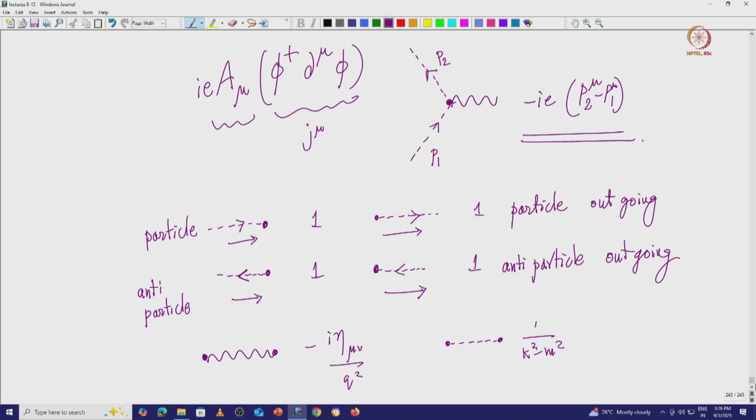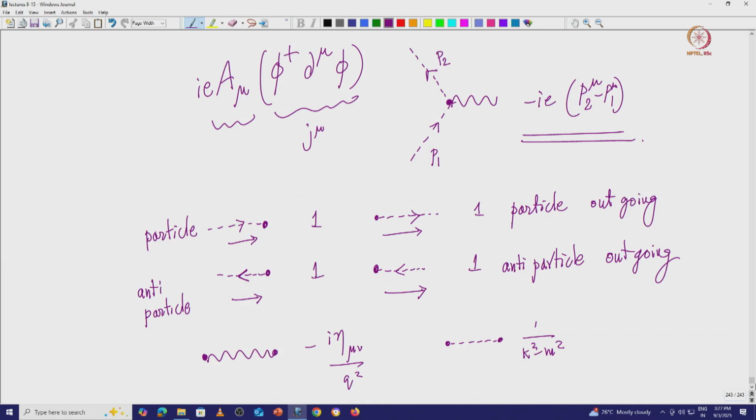So we start with the vertex. The vertex is the one which defines all the interactions. So if you want to calculate the scattering cross sections, you have to worry about the vertex. Okay, so in the vertex you have a pi field and the current of the pi dagger del mu pi. So phi is actually your wave function essentially, which is nothing but unity with e power i kx. So with del mu acting on pi and pi dagger.